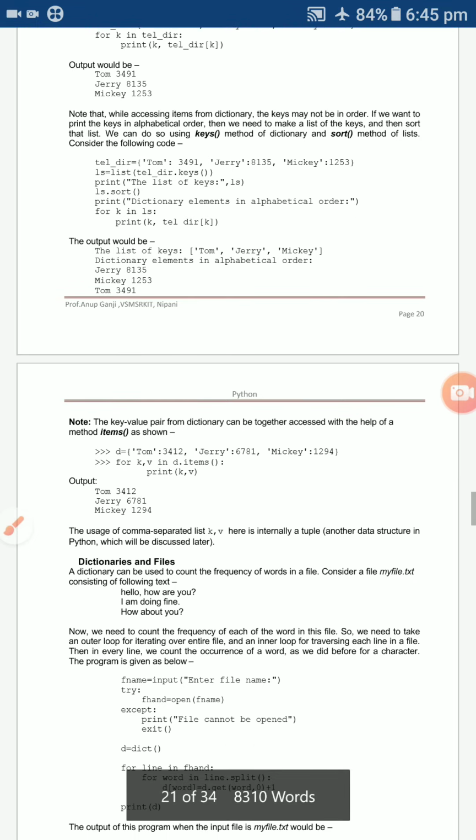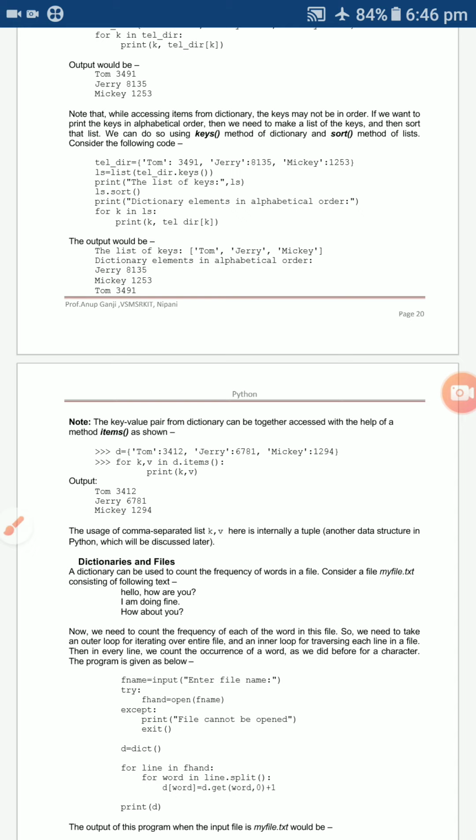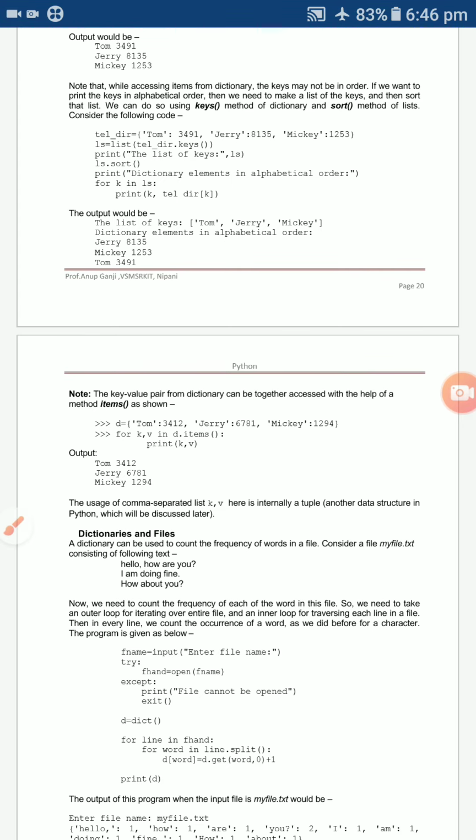Here we can also use the sort method as well as one more, the items method. I already explained the sort method in lists, and it works the same. First you select the main dictionary. After selecting the dictionary, you can print it with the help of ls, nothing but the list.